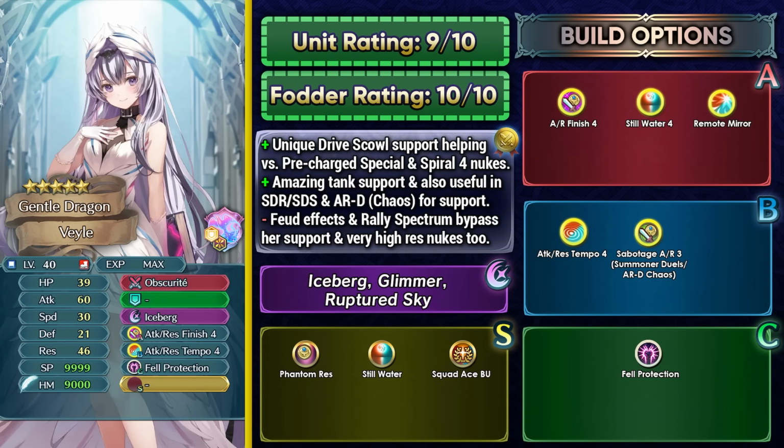And for her slot B, I think that the tempo skill is really good. But for Summoner duels or Aether Raid's defense chaos, Sabotage attack resistance can work, but it's not really something I would recommend for Aether Raid's offense, because Freyr is simply going to be cleansing any kind of Sabotage status or the debuff, so that's why it's a decent option for doubling down on the support,